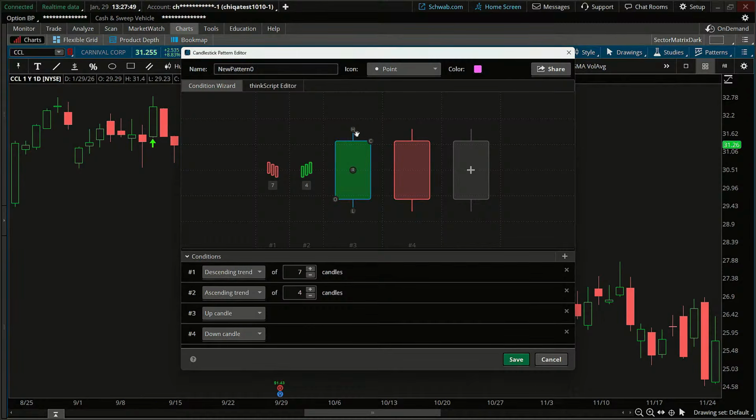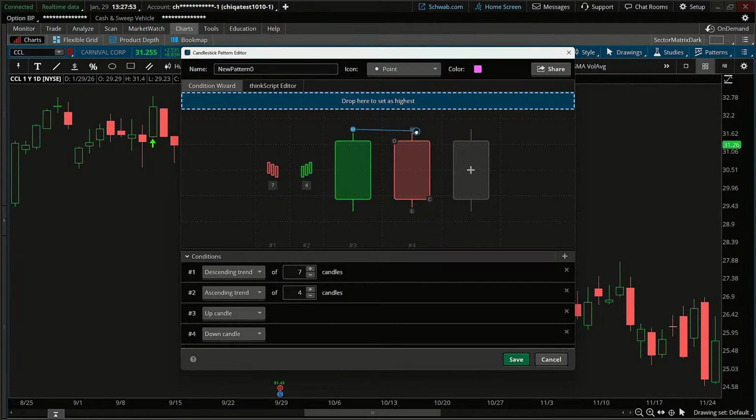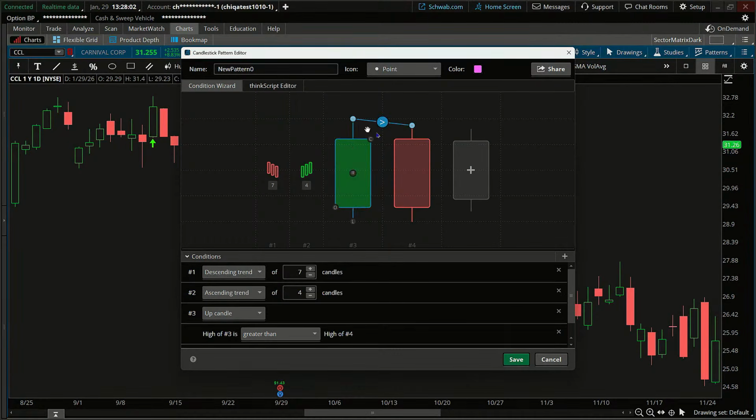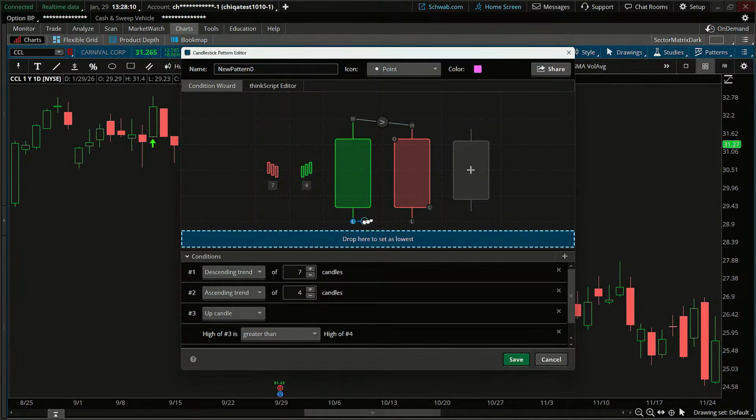And let me draw it in here. I'm going to start with the green candle. I'm going to go green over here to the high of the red, and then we want the green candle to be greater. There we go. Then the high of the red candle indicates this is our high candle day. And then what are we going to do here? We're going to have the low here, and we're going to have it be higher than the closing price here.